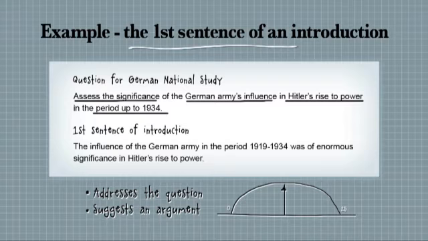One sentence, the first sentence. Is the examiner thinking straight away, this is a poor, a medium, or a good essay coming? Well, what I would suggest to you is that the examiner in their mind is already moving above the average mark of 13 just from that first sentence. Because what has the first sentence done? It's addressed the question. And how has it addressed the question? What does addressing the question mean? Well, it's saying to the examiner, I've actually read the question and I know what it's about and I'm going to answer it.